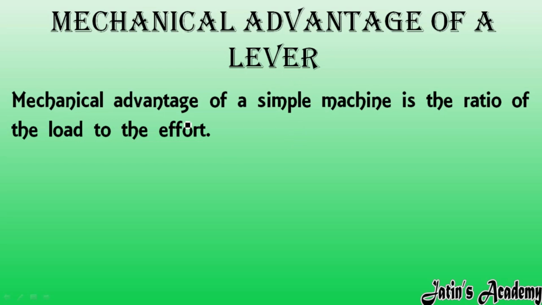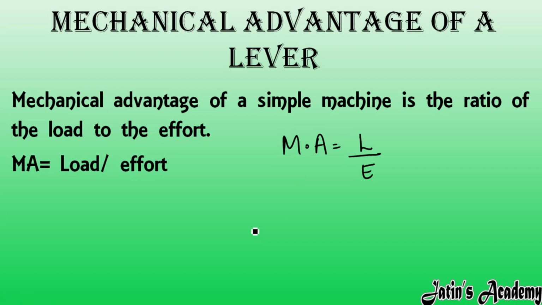Next we are having mechanical advantage of a lever. So as we know, mechanical advantage is actually a ratio of load over effort. Mechanical advantage means how much advantage we are getting from the simple machine, how much the simple machine is helping us. In order to calculate it, we use the simple formula, load over effort. Means what force the simple machine is applying on the load, or on the object, and what force we are applying on the simple machine; the ratio is known as mechanical advantage.